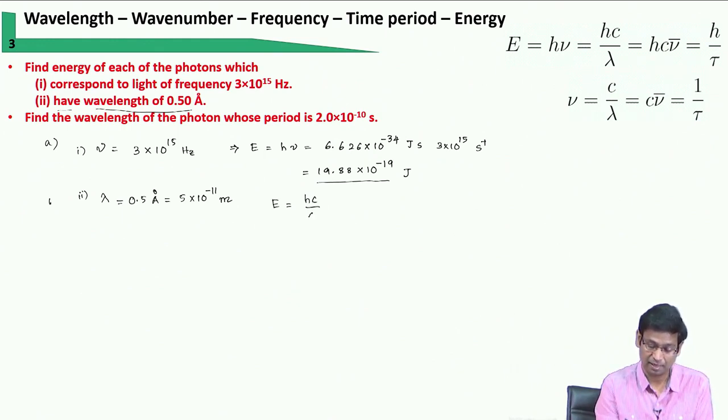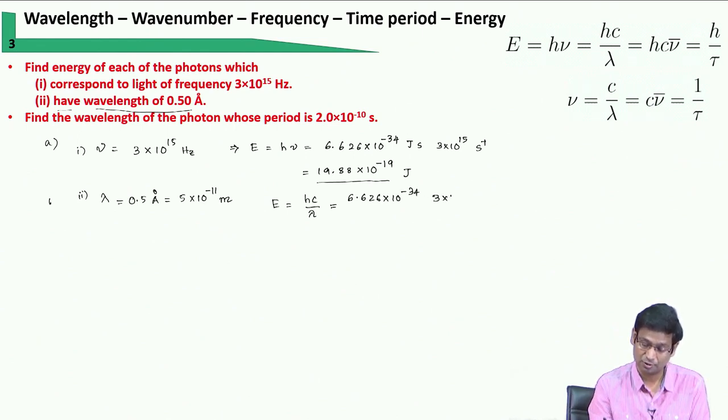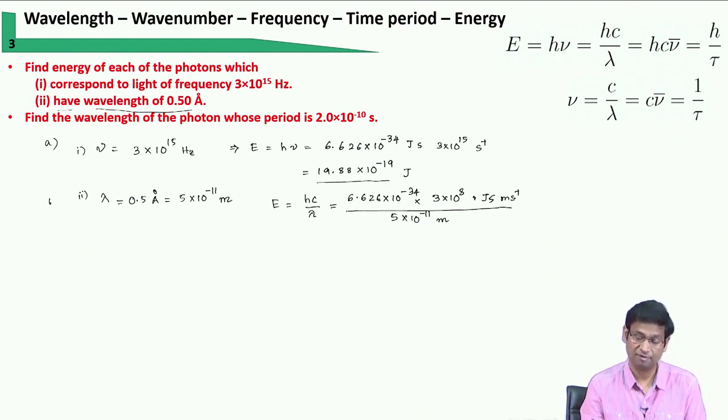Energy is simply E equals hc by lambda. Now, I have two constants to worry about. 6.626 is the Planck's constant, multiplied by 3 into 10 to the power 8, in joule second meter second inverse. Joule second is the unit of Planck's constant, meter per second is the unit of the speed of light, and this is divided by the wavelength of the radiation, which is given in meters. Second inverse cancels out, meter cancels out,